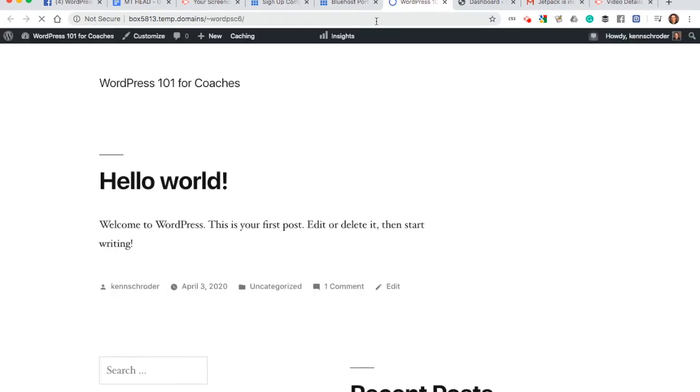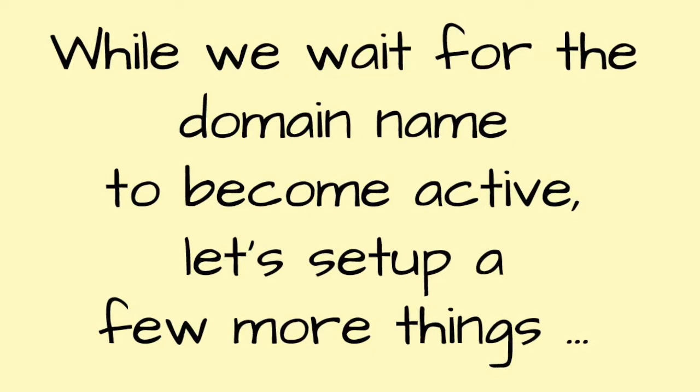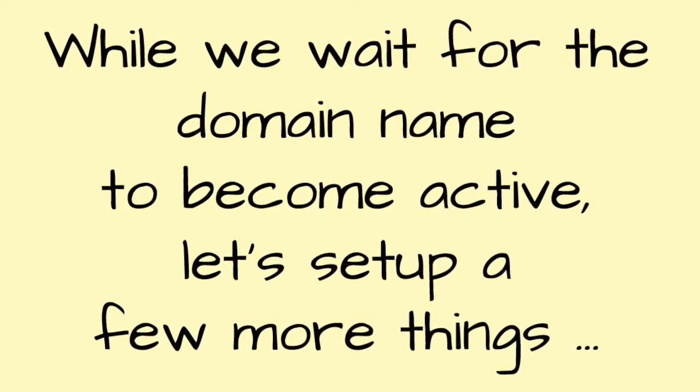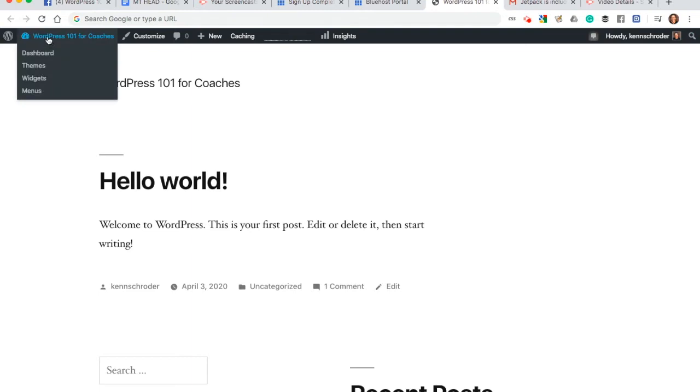And what I'm hoping to find is my new website address. And it's still showing the temporary URL. So let's go. Again, the temporary domain name is up at the top. So don't freak out about that. Oops. And now we are actually at the website and we are logged in to the website. When you see this black bar at the top, that means you are logged into your website. If I click on the thing in the upper left corner, the name, WordPress 101 for Coaches, and you click on your name,